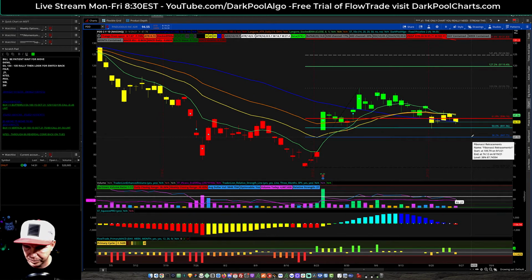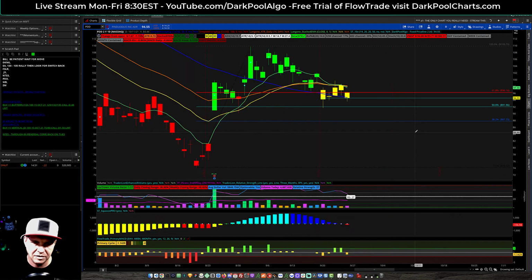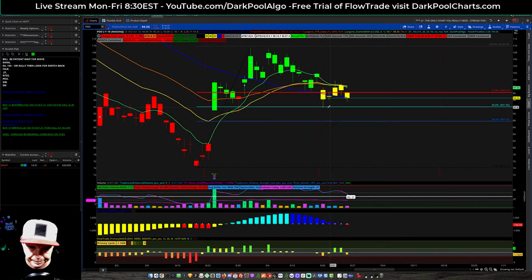A break below 87.75 and we come and test previous lows at 75. However, if we maintain this 50 support and can get above 96.16, I think we have a nice move to 109 with resistance at 100, right? Psychological resistance at 100. And yeah, there's going to be some funky intraday moves here, but this is the potential of